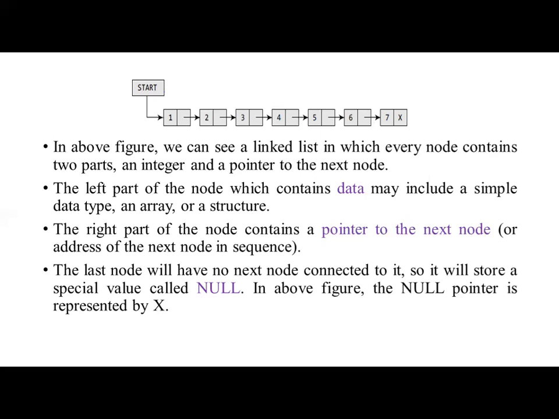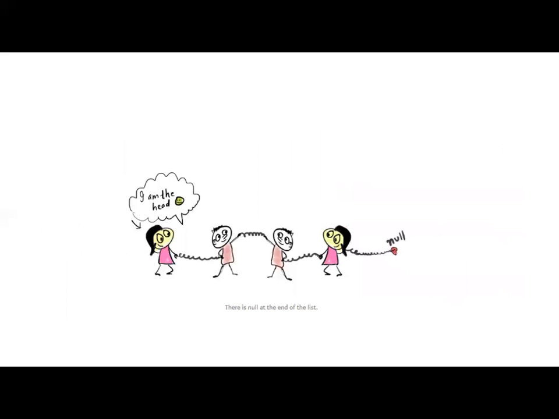And we always use a special pointer called start. This start stores the address of the first node in a linked list. See, this is an example of a linked list. This linked list contains 4 elements. The starting of the linked list is pointed to by start, and the end node's next field is set to null.